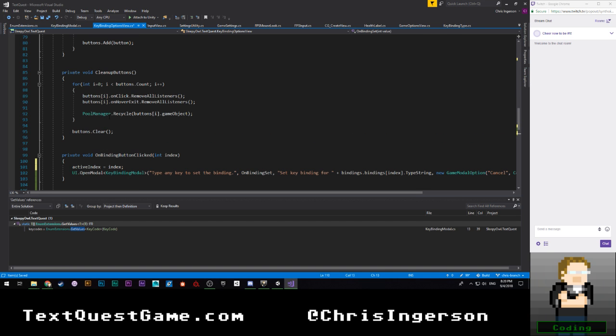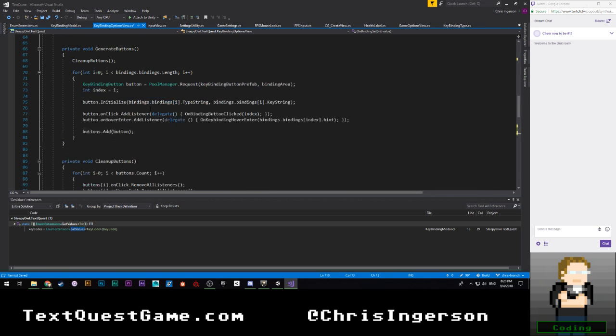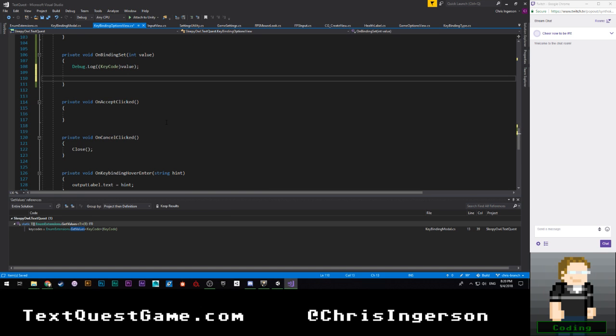I guess, actually, do I have a refresh? I do. Okay. Yep. So we're going to say bindings dot bindings of active index dot key is equal to key code value. Okay, pretty straightforward. But before I do anything else, I do want to also say